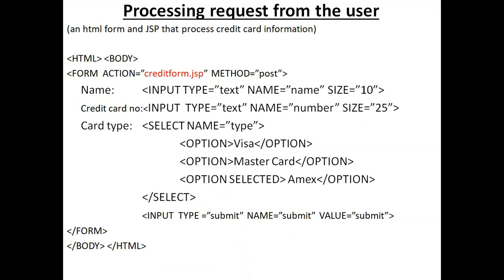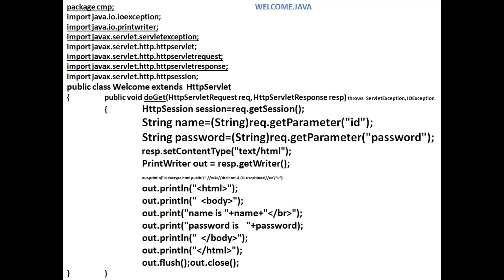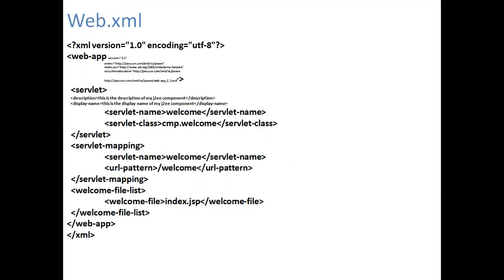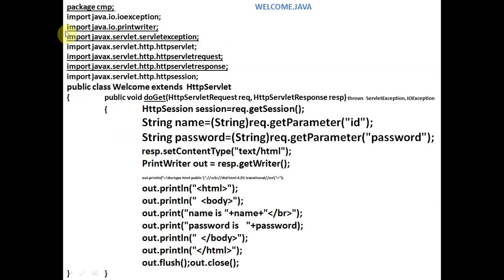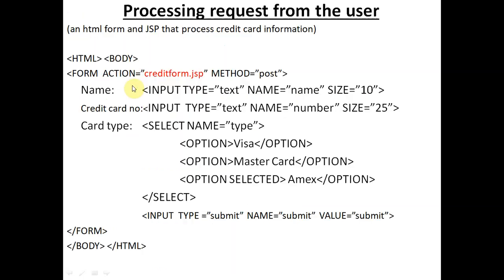Now this is the complete Java servlet code, and we need one web.xml file. In this web.xml file we will mention that the welcome class is inside the CMP package. Servlet name is welcome and class name is CMP.welcome. CMP is the package name and welcome is the class.